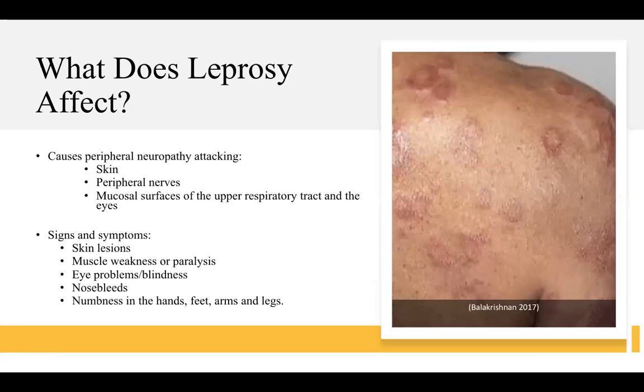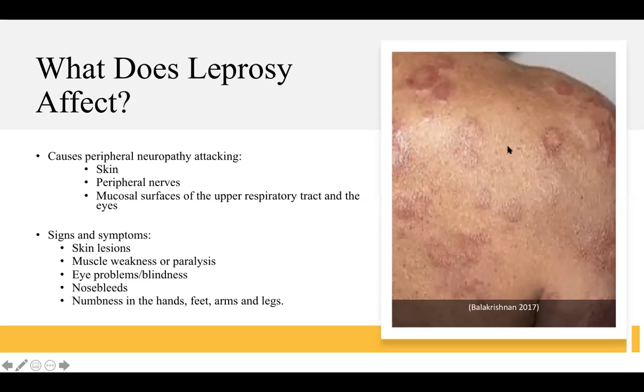As far as the signs and symptoms and what leprosy actually affects, again, it's going to cause peripheral neuropathy. So what that is going to do is attack the skin, attack the peripheral nerves, attack the mucosal surfaces of the upper respiratory tract and the eyes, oftentimes leading to blindness. And one of the first signs and symptoms you can see